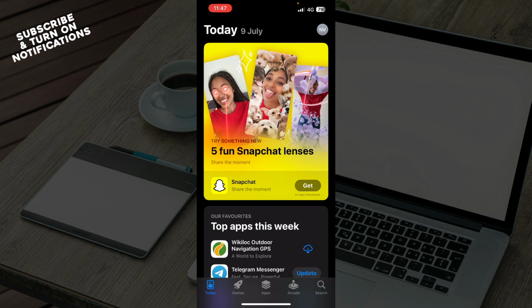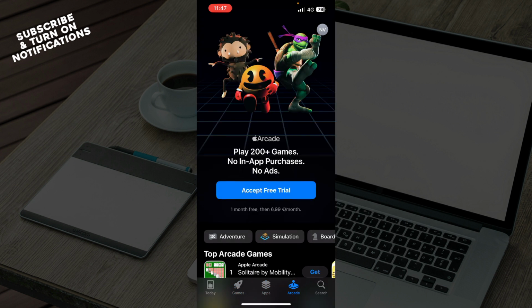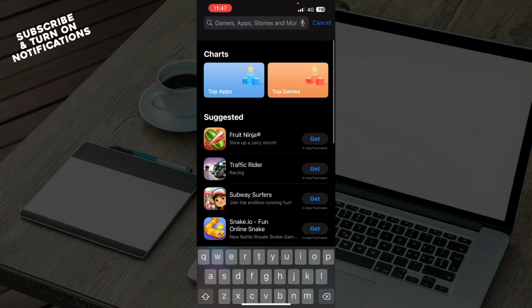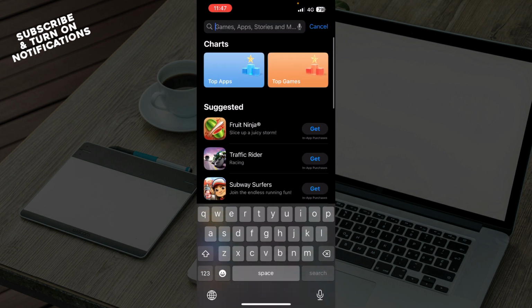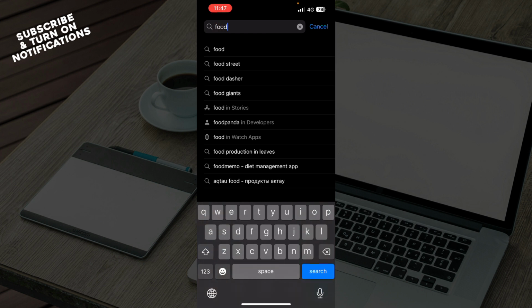Now when you open the application, here we are, we have the Today tab, the Games tab, the Apps tab, the Arcade, and lastly the Search tab, which we will need. Here in the search tab we have the search bar, where you need to type in Foodpanda. So click Foodpanda